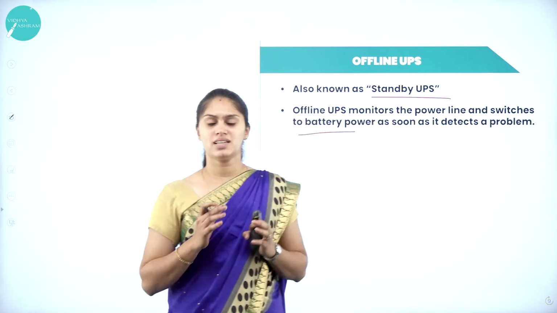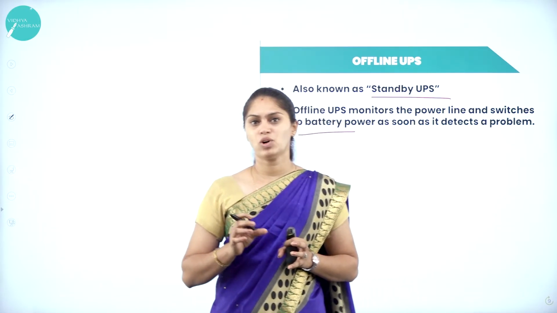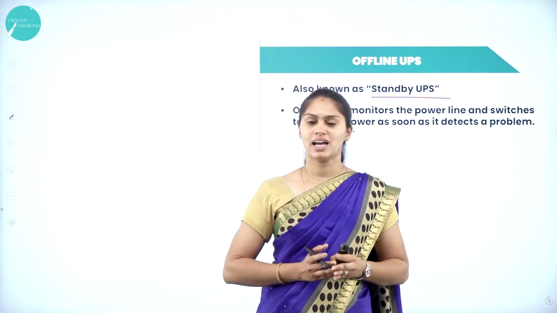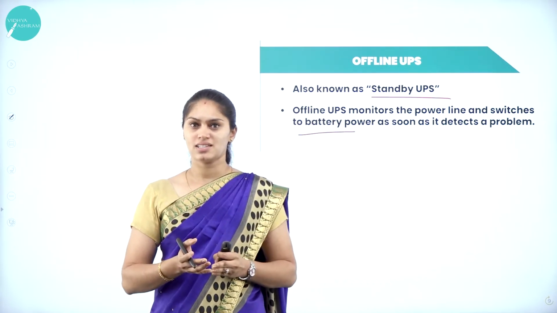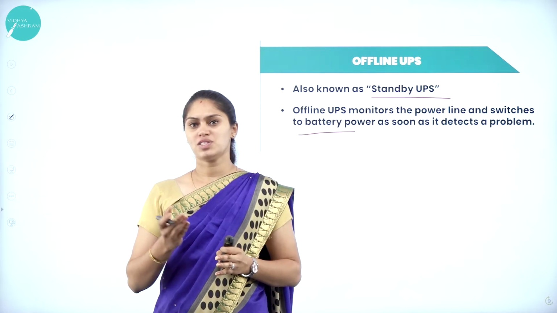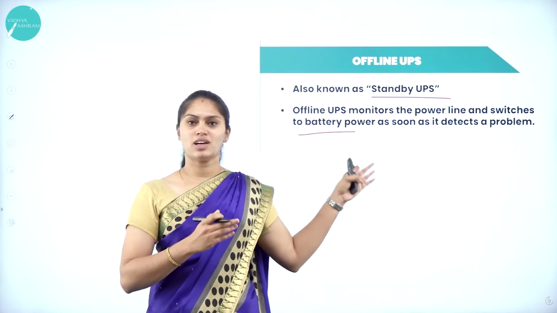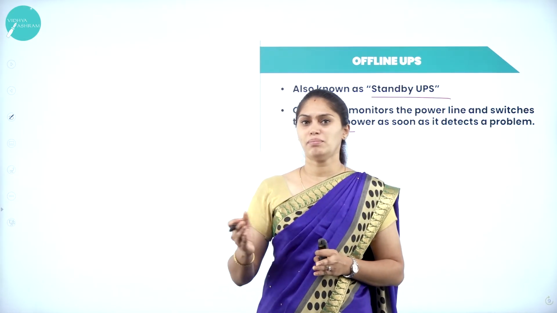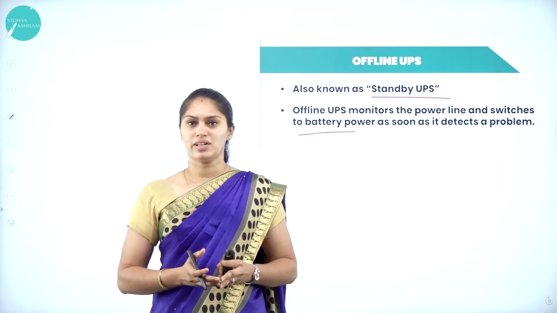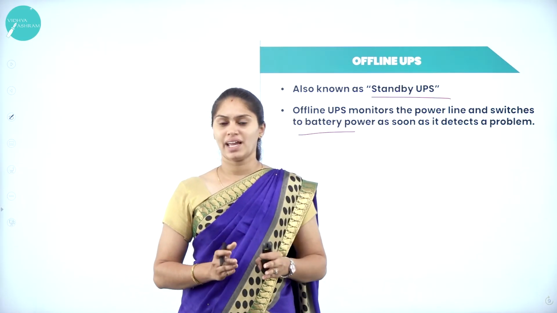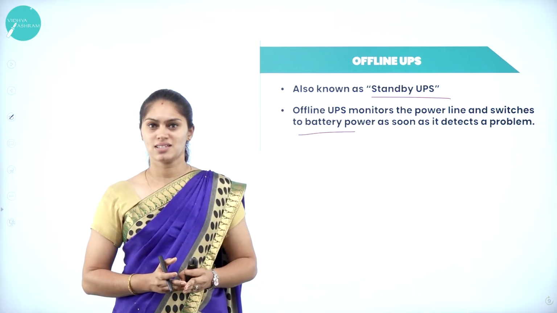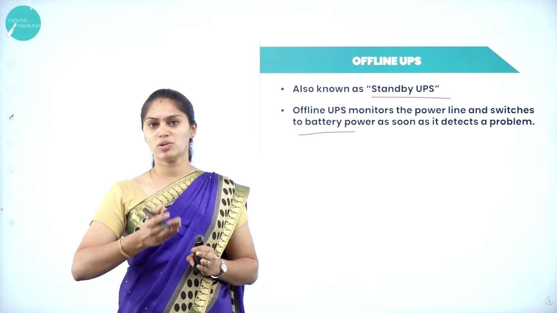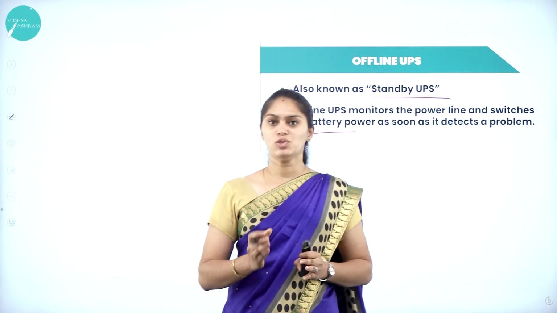For example, just imagine the power supply keeps going to the computer system and it is working, or processing something. When a power failure occurs, or any breakdown or shutdown occurs, at that time this offline UPS will turn on the battery. That battery will supply power or electricity to the computer system. That prevents breakage or any shutdown of the computer system. This offline UPS is also known as what? Standby UPS. So it provides the electricity when the power failure occurs.